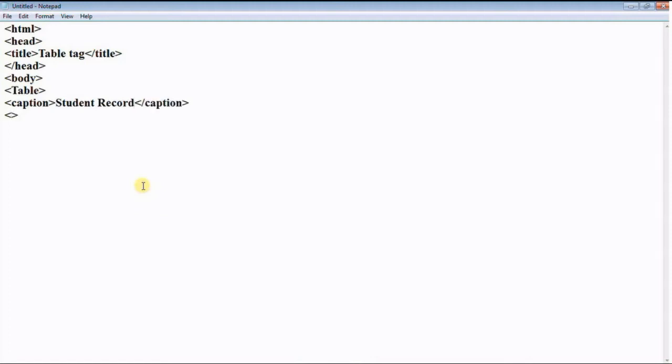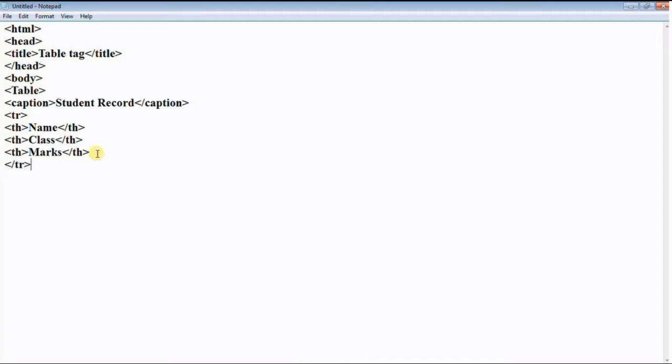After that we have to take the heading of the table. For this, we are creating tr for creating a row. In the row we are taking the first heading as th, which stands for table heading, as I told you. In table headings I'm passing one value, that is name, and another is class, and third one is marks. So the role of the first tr is finished, so I'm closing the tr here.